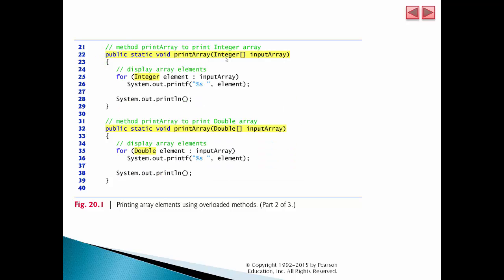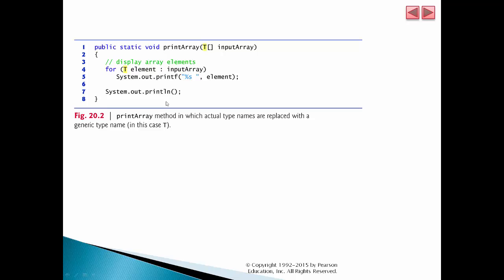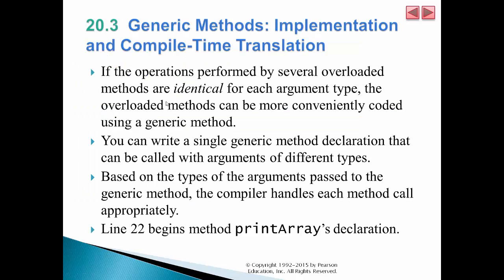So what if you could create some template method, a method without specifying the type of the argument that you would like to deal with, but everything else is exactly the same, right? How good it would be. Of course, you would save a lot of time, again saving yourself from a lot of duplications. And this could actually be achieved by